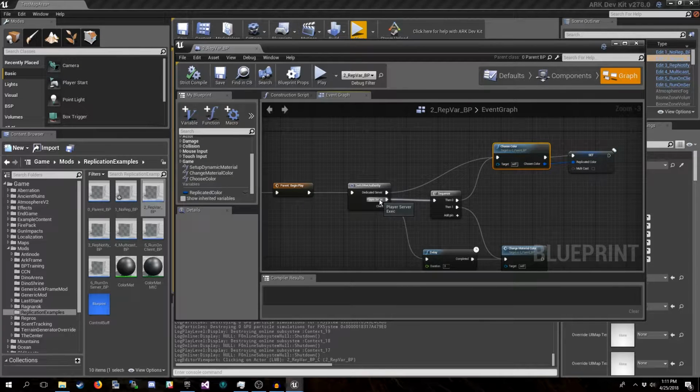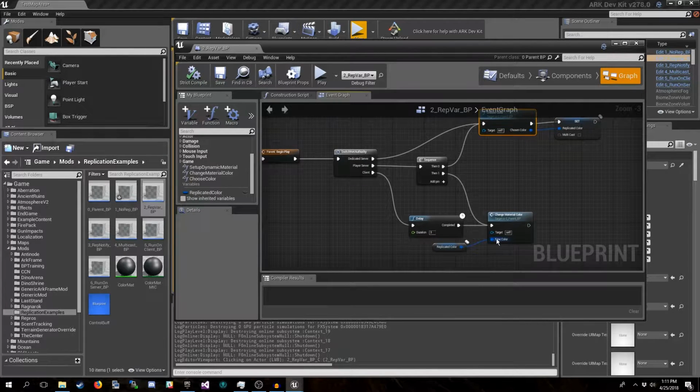If it was a player server or a listening server, a non-dedicated host game, it would run that first, and then it would immediately go into the change material color.